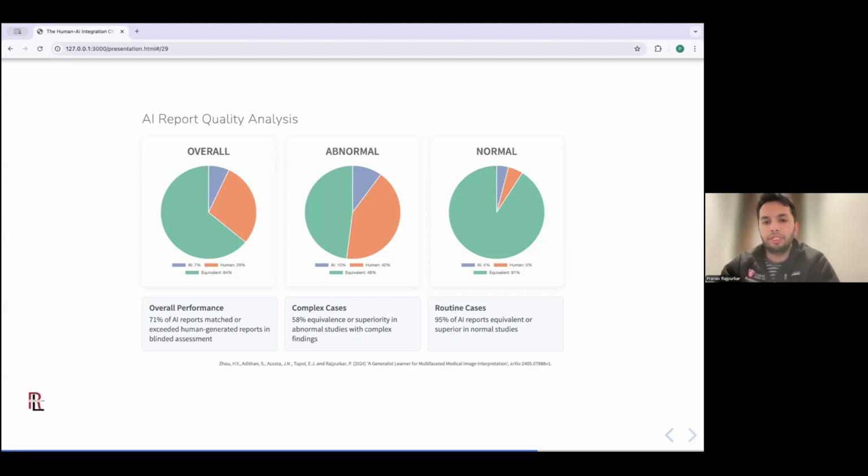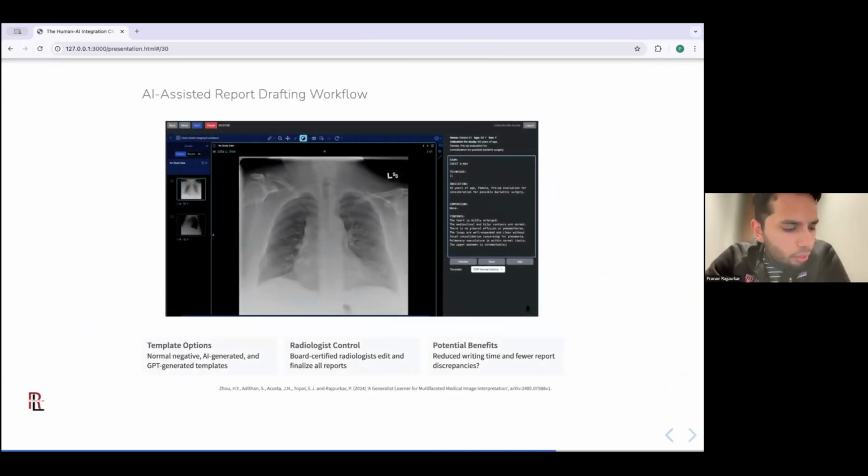One of the ways in which workflows will change is the idea of having AI-assisted drafting, in which the AI is used to create an initial draft of the report, which is then modified by the radiologist to get to their final endpoint.